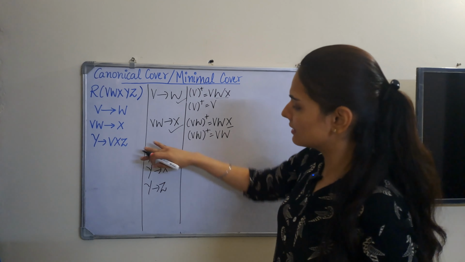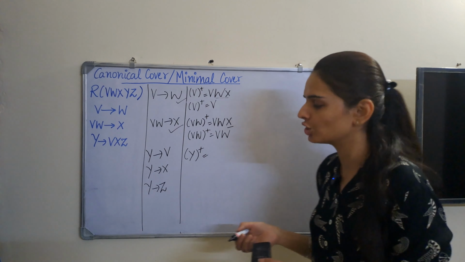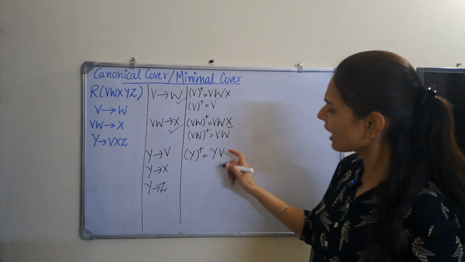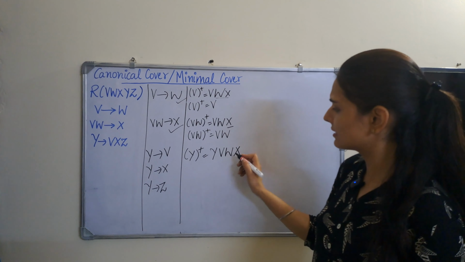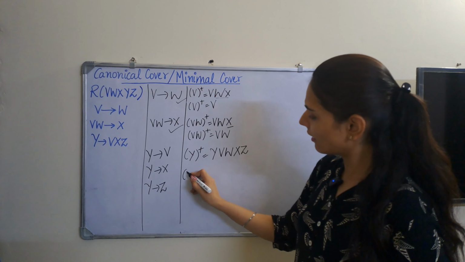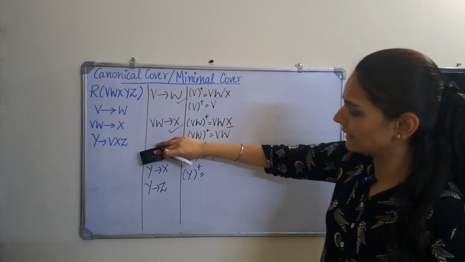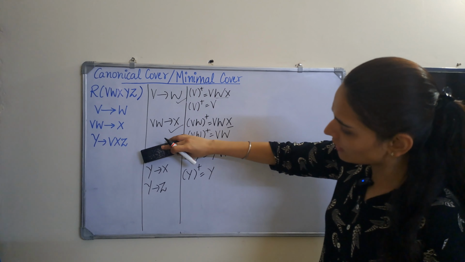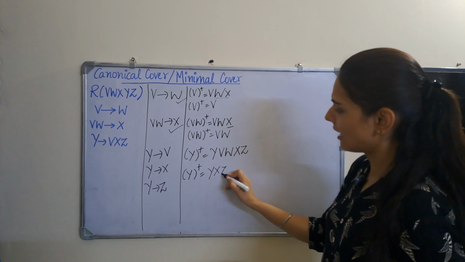Now next is this functional dependency. So for this we will first try to find out the closure of Y. Now Y will give us Y, then we have V, and with V we can have W. Again with Y we can have X, then with Y we can have Z, right? Now the next task is, we again find out the closure of Y, but this time we do not consider this functional dependency. So the first thing that we get is Y, and if we do not consider this, we get X and Z.